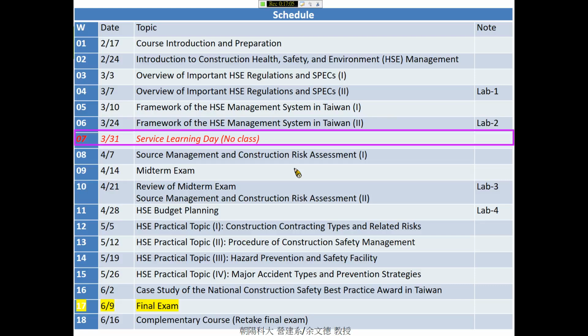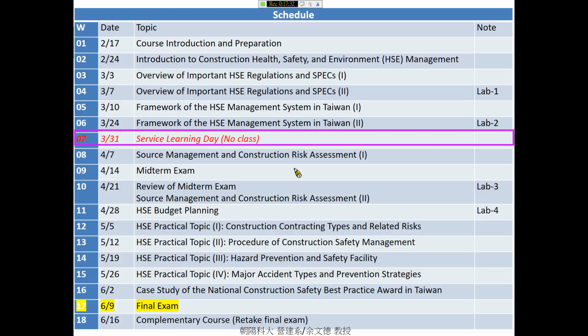Okay, this is the schedule for the semester for this class, and this is the planned progress. Okay, the planned topic I want to cover in each week. So this week we cover the first topic, introduction to construction HSE management.